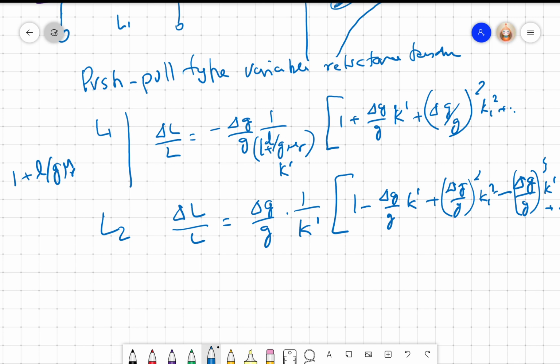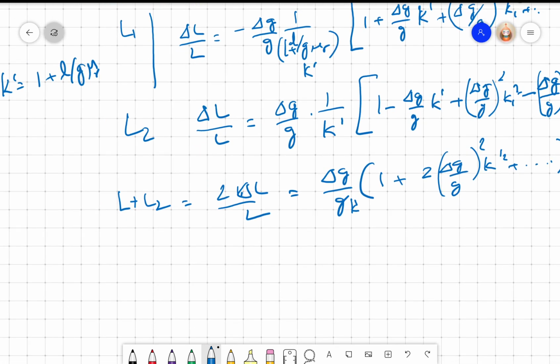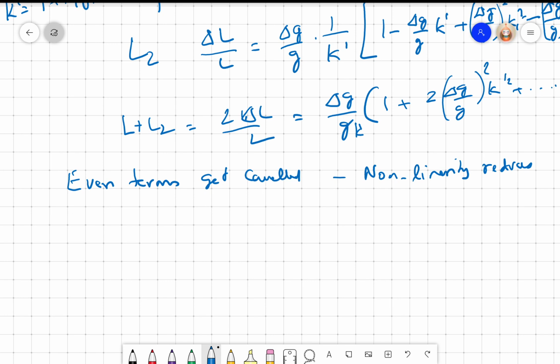Now because I am taking L1 plus L2, I'll get 2 delta L by L. This will be delta G by G into 1 plus 2 delta G by G whole square into K dash square plus, oh, I have K dash here. So we see that the even terms get cancelled. So my nonlinearity reduces. Right? So in a push-pull type